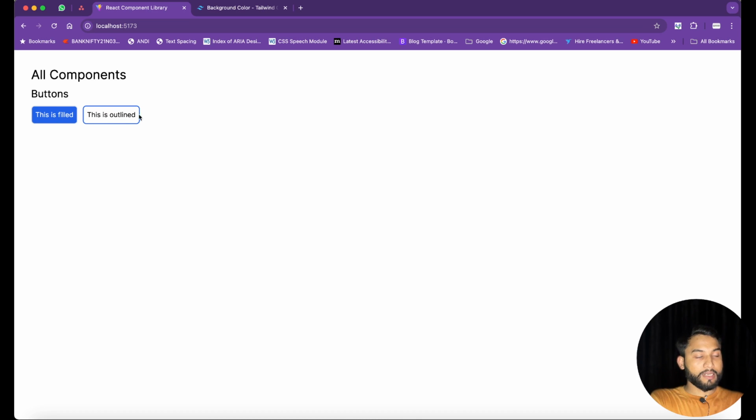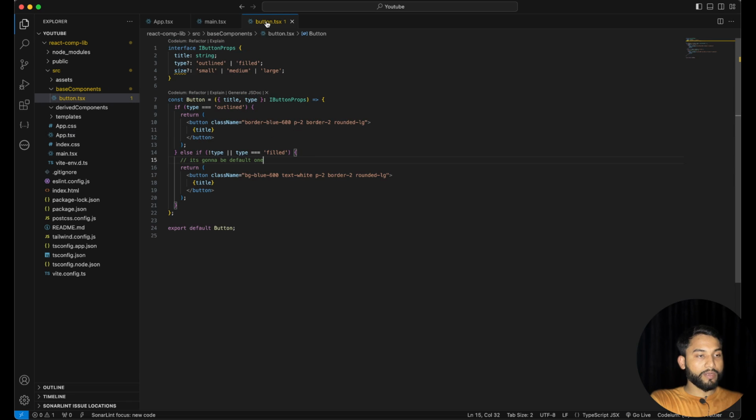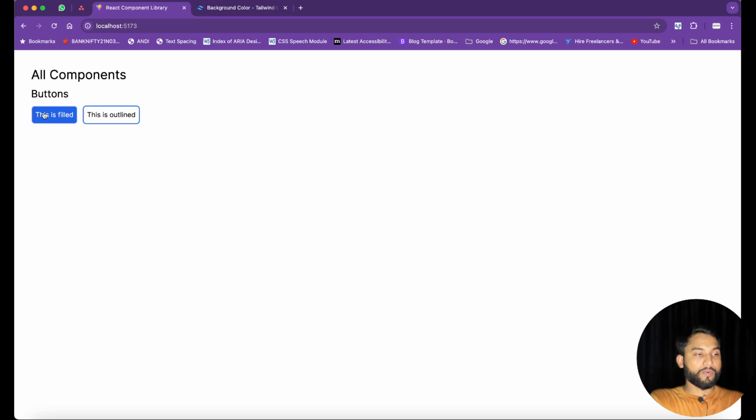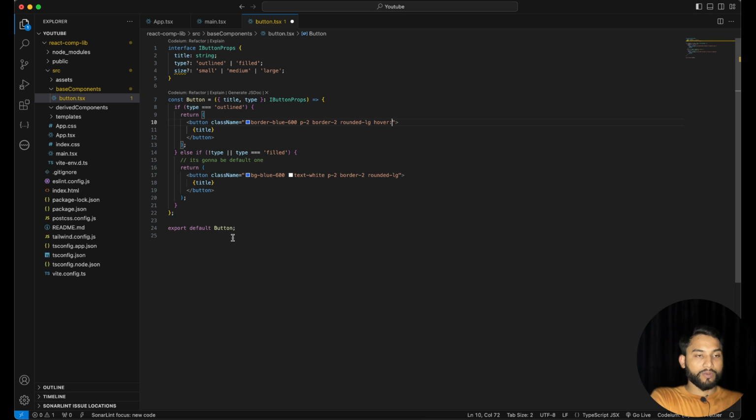And let's add some other styling to it. Let's say we want to add hover styling to this particular outline one, so I'll say hover. Again, we can just say hover colon, and whatever style we add will be applied to the hovered state. For the hovered state, it should change color a little. So I'll say hover, and then